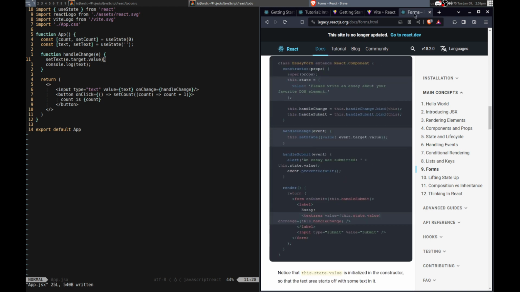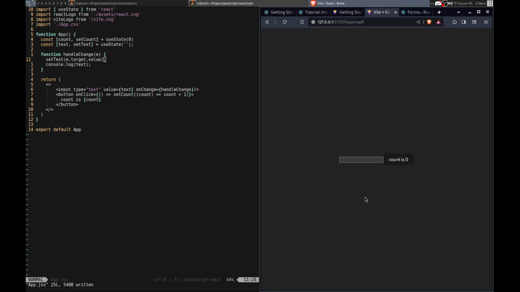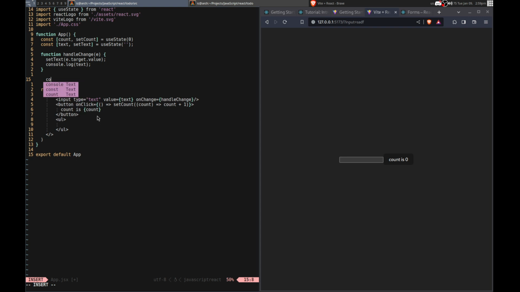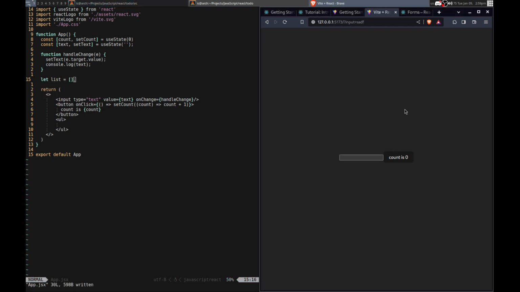And then I want to basically have a list down here. Just an unordered list, I think is what it's called. Okay. And then there will be list elements that we set, so we need just an array of them basically. So how do I, let's see. Not counts. Like list. With that, how do you declare an empty one?